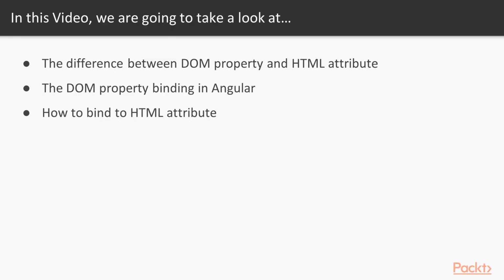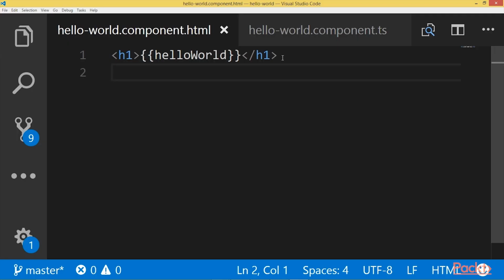In this video, we will see the difference between the DOM property and HTML attribute. And we will see how we do DOM property binding in Angular and how to bind to HTML attribute. So let us go. We saw in section 1 how to bind data and show it dynamically on the template